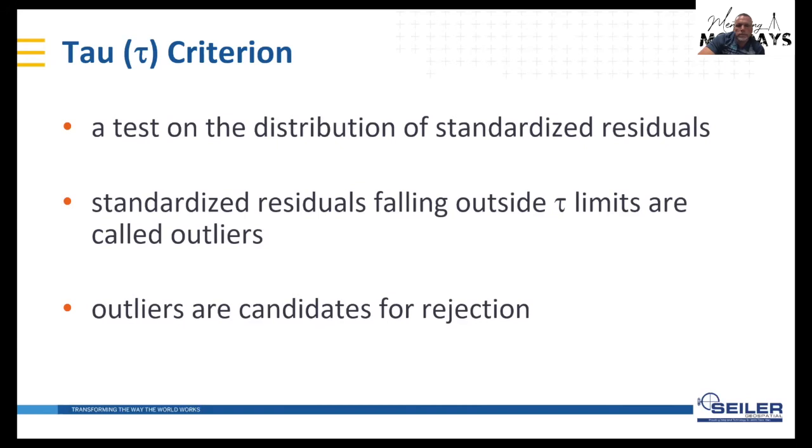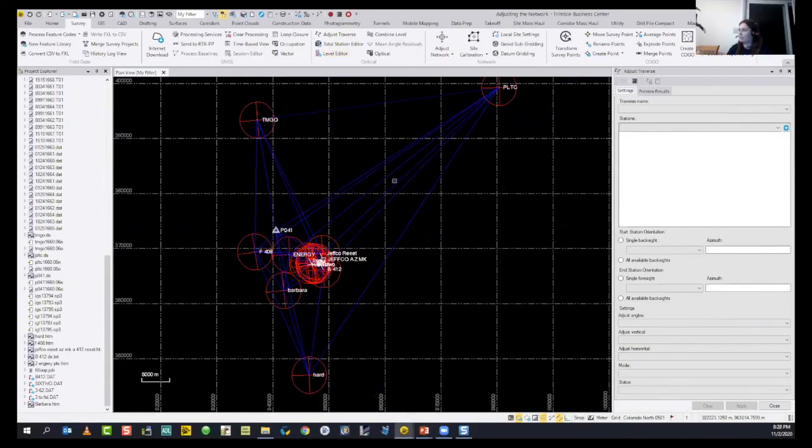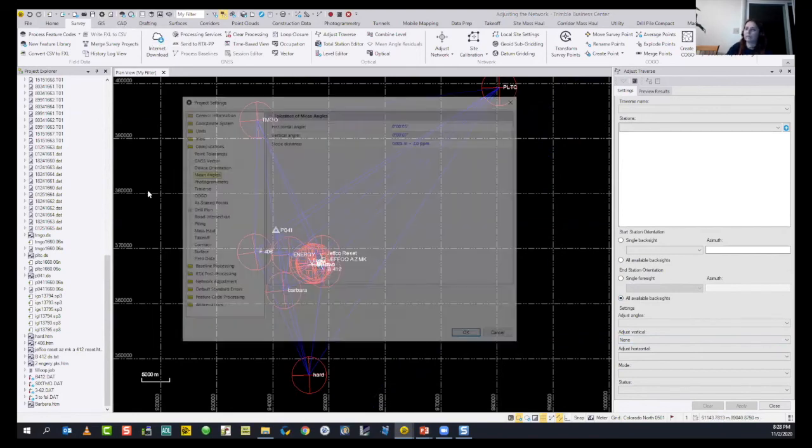Your question, Sean: is there an option during traverse adjustment to use a least squares method? Yes, let me remember where I put it. Okay, I guess I need to check my notes. I know that there is an option.